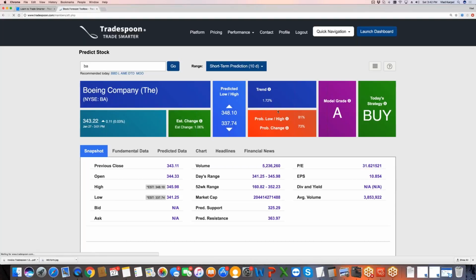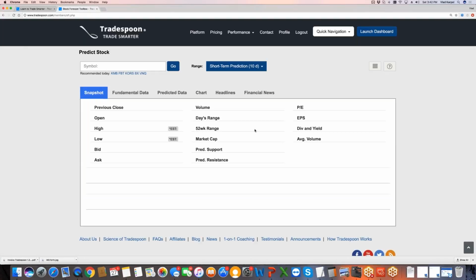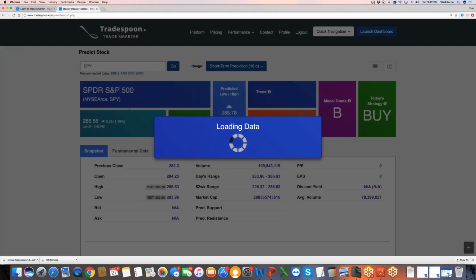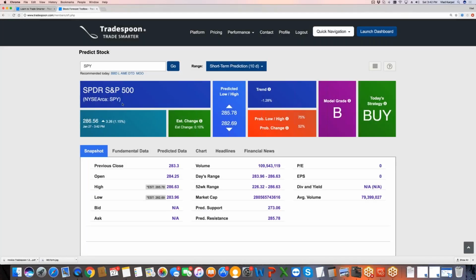And the most important thing is that it will give you predicted low and high. So for each stock that you enter, let's say you enter SPY, it will actually give you a predicted low and a predicted high. So you can see